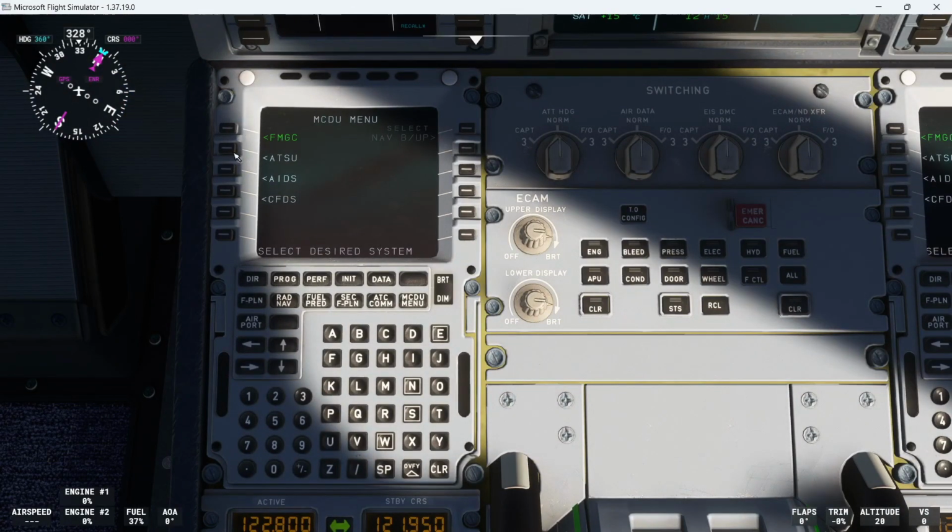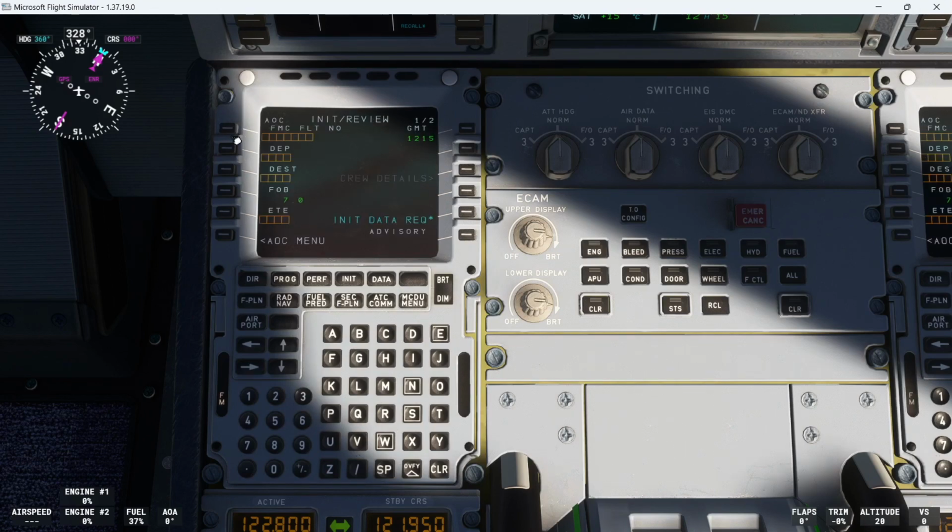First thing you want to do is go to ATSU menu. You're going to want to go to AOC menu. You're going to want to go to Init Press. Then it will show init data request. You'll click that, and then this will go in for you. You'll press init,